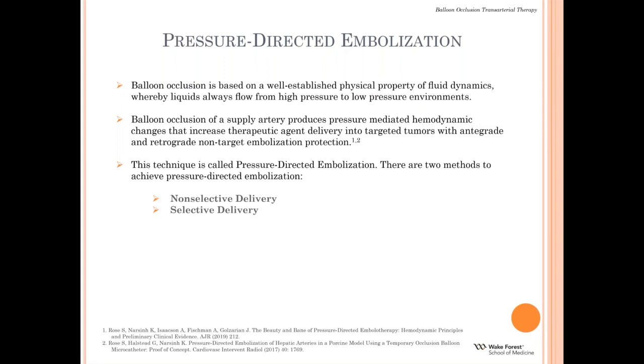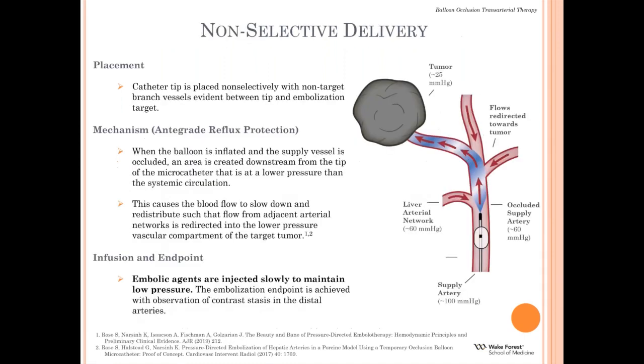There's two main ways to do that. One's non-selective delivery, which is what Dr. Fishman basically focused on mainly with prostate, and the other is selective delivery, which I wind up using more often in the liver. So just to go over these two techniques briefly, non-selective delivery is what those prostate cases demonstrated,